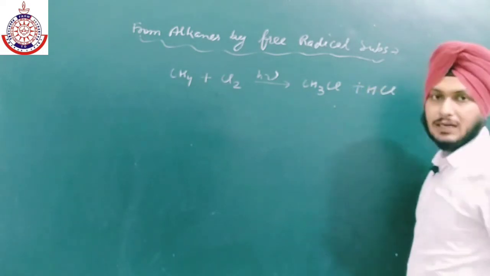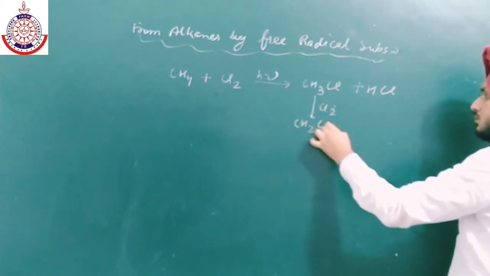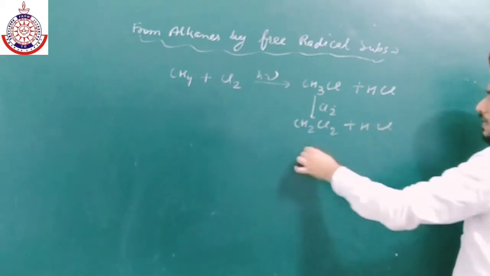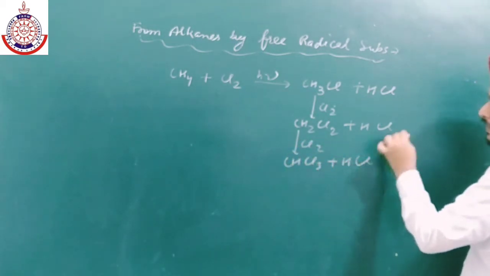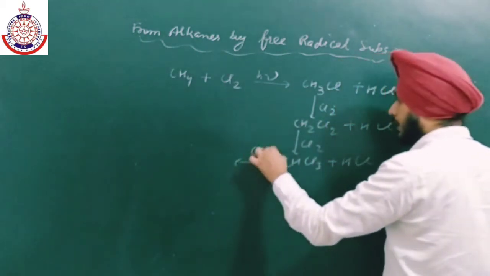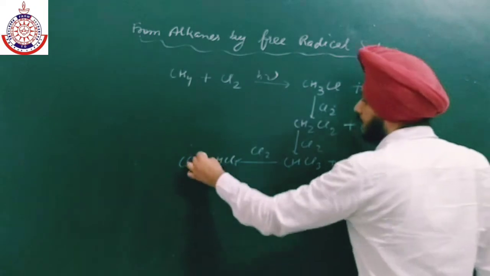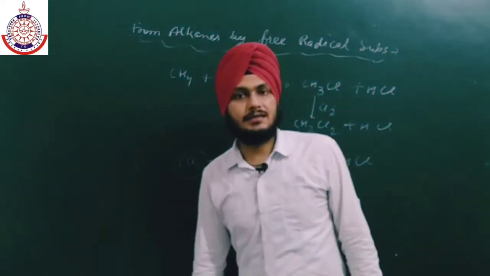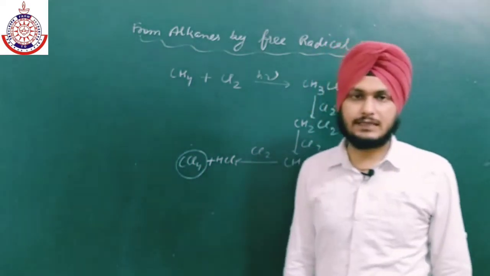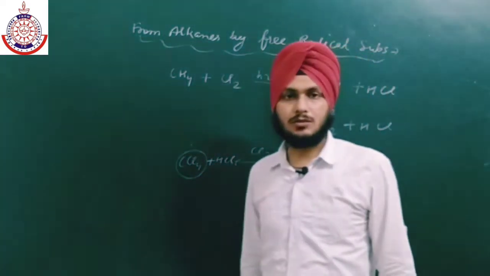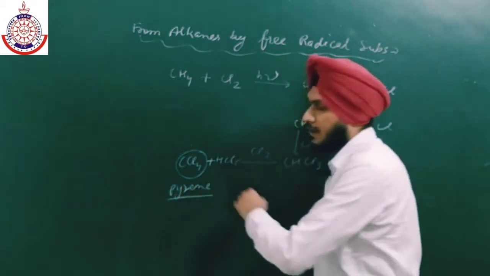As we all know, free radical reactions are chain reactions. So again we have Cl2 and we get CH2Cl2 plus HCl. Again it will react with Cl2 and we will get CHCl3, which is known as chloroform. And again the last hydrogen will also be replaced and we will get CCl4, which is known as carbon tetrachloride. It is a very good non-polar solvent, and we have already used this solvent in electrophilic addition reactions. This solvent is also used as a fire extinguisher under the name Pyrene.